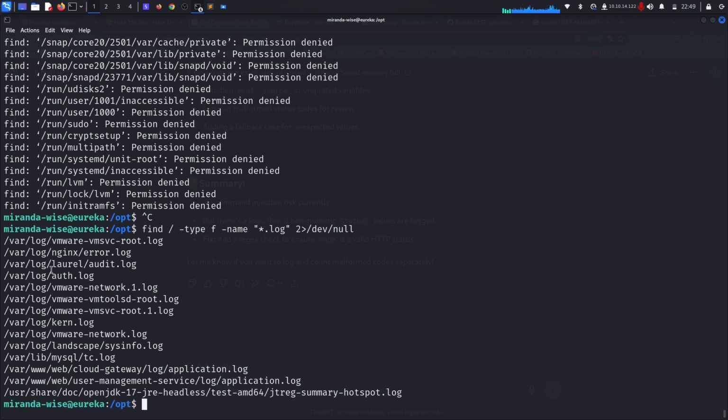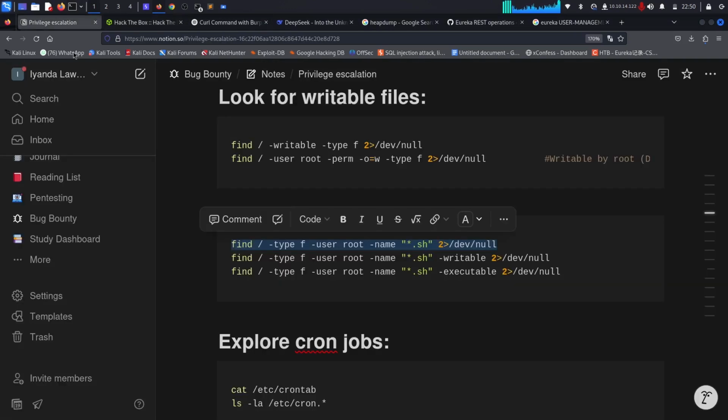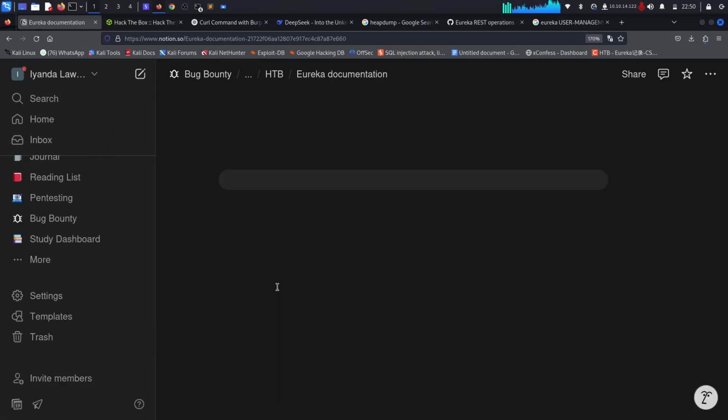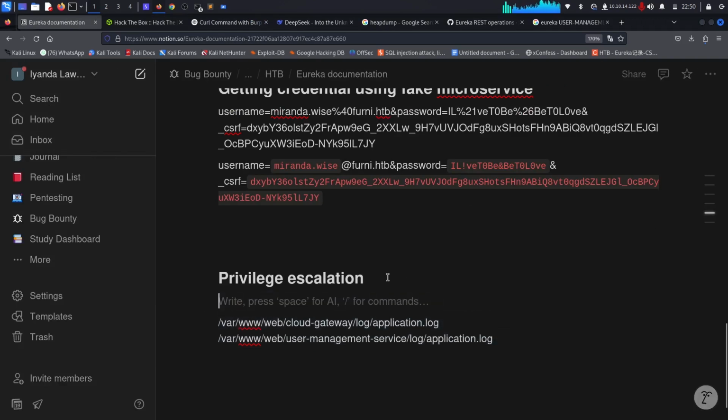So we have different files that end with .log. And the one that probably interests me more is this one, /var/www/cloudgateway/log/application.log. And we have also this directory that also ends with application logs. So let me just grab that and we're going to add it to our documentation. So this is our log file, and we found a bash script as well